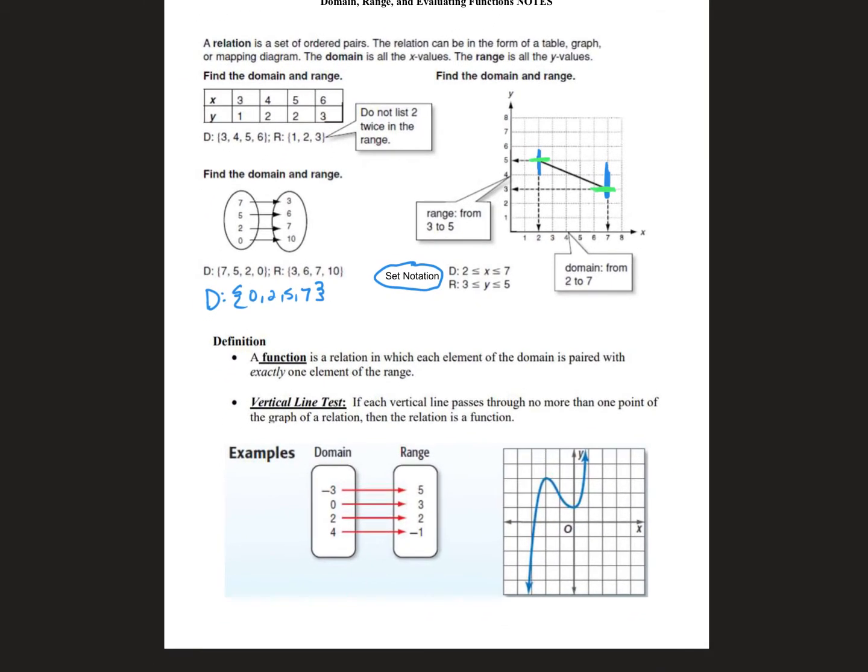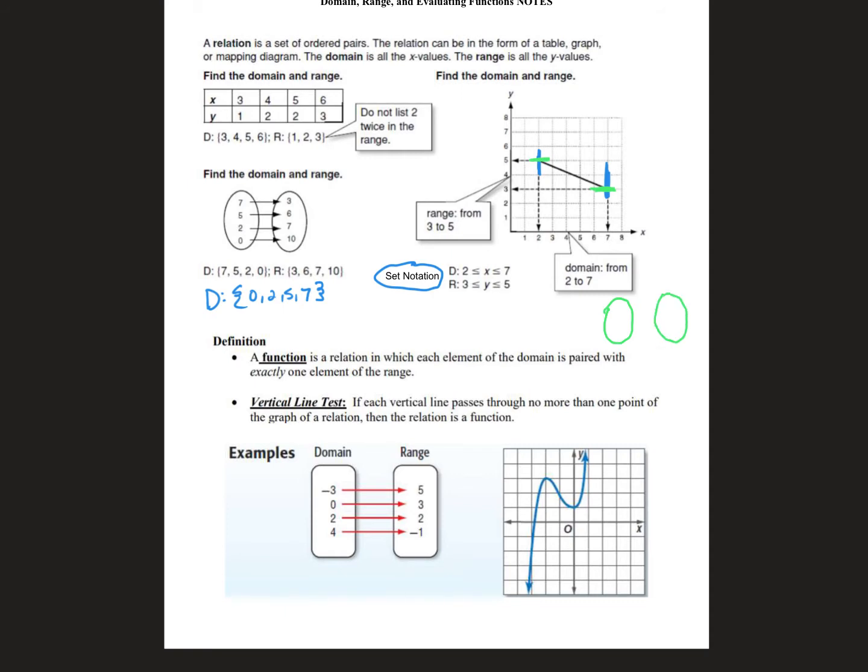Now, taking that understanding of a relation, let's apply it to a function. A function is a relation in which each element of the domain is paired with exactly one element of the range. What does that mean? Well, that's saying for every input value, I get exactly one output value. So if I had a mapping,